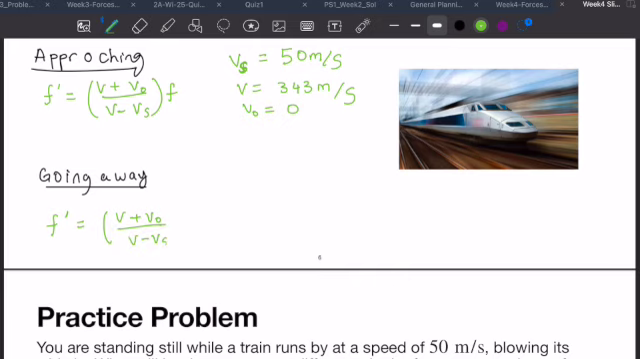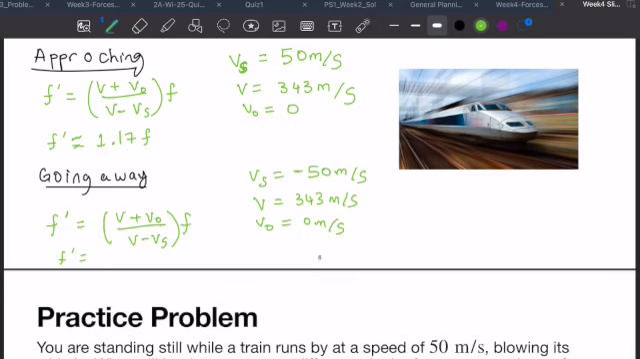V minus V source. Now in this case, you're still at rest, but now the source is moving away from you. So when the source is moving away from you, then we plug in V source as negative 50 meters per second, V as 343 meters per second, and then you as the observer are still at rest. So what I'd like you to do is plug in these numbers and see what fraction you get. And for this case here, the number you get for observing is that the frequency you hear is approximately 1.17 times the frequency of the train, and then in this case you'll get that the frequency is about